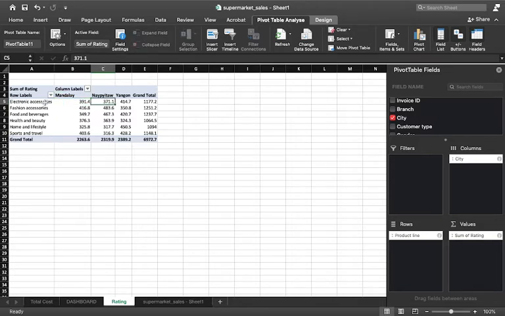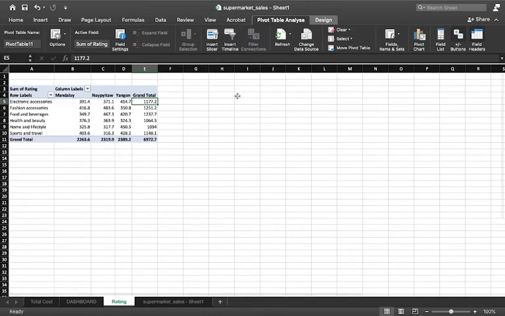For this city we have 371 and so on, and the total rating is 1177.2. So you can see how easy the calculation, actually we didn't do the calculation, how easily our Excel did the calculation.